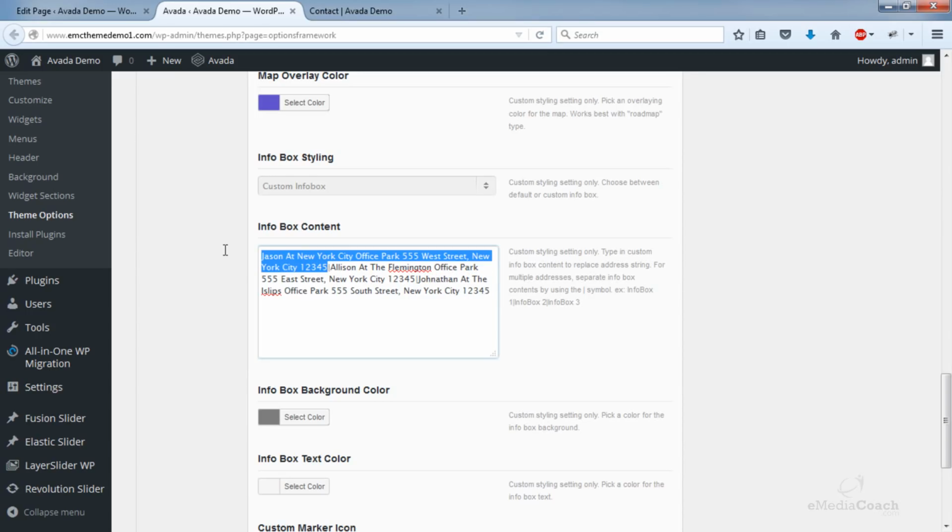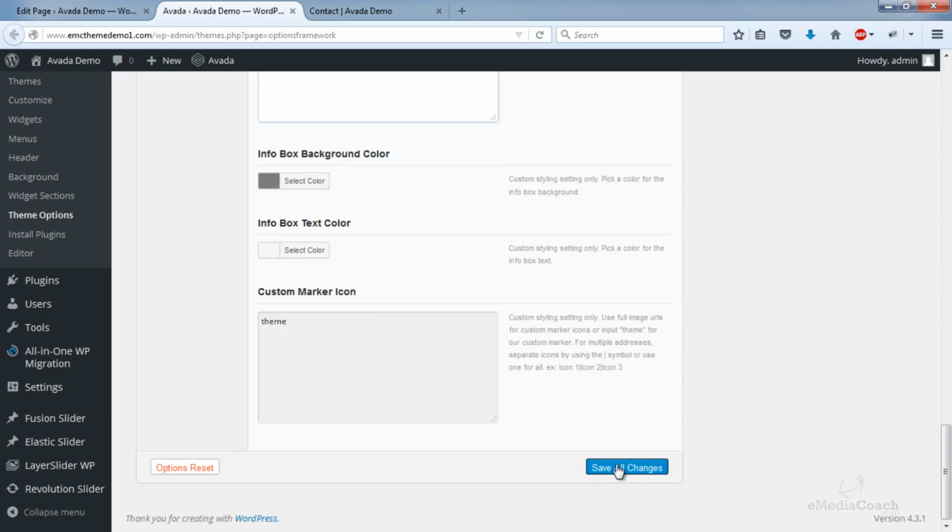So let's change some of that around just to experiment. And then when you're done with that, you can go down and save all changes.